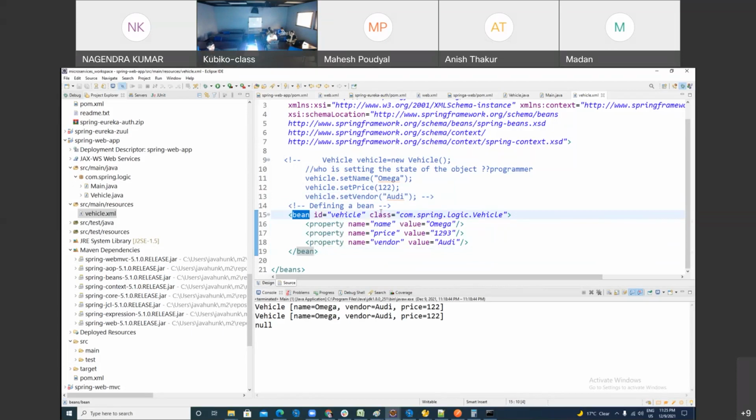Actually, you guys are on the roof without using a ladder. If I say what is auto wire, what a bean is, you might know the terminology, but you don't understand it fully. That problem is clear. After my session, you will know each and everything. Whatever you have learned in REST API, I'm telling you, no need to mug it up. You understand logically, and that picture should be in your mind. Got it?